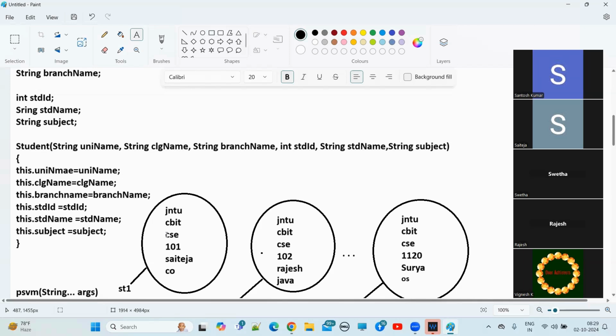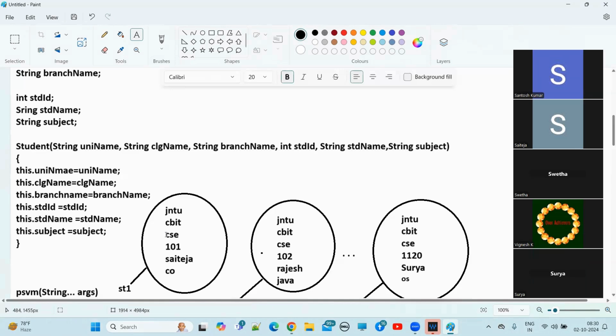So which kind of variable should it be? It should be a static variable, right? Because it is common for each and every object we created. Already we discussed, guys: the variables which are common for each and every object, we need to declare as static variables. And the variable which is unique from object to object, where a separate copy of data is created per object,